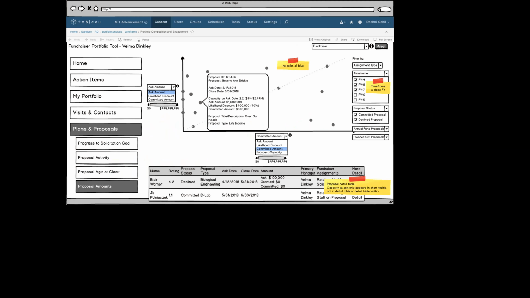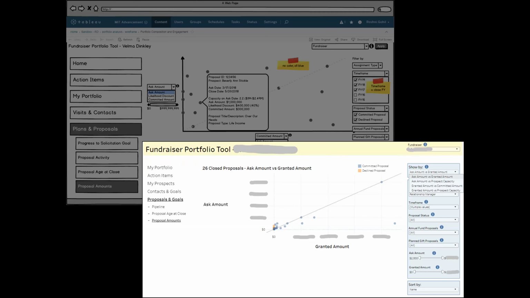We had most of that same set of 9 people review the actual Tableau tab that we tested. And one thing that we missed was the idea of, well, what is this page actually talking about? The idea of adding this header that says 26 closed proposals, that's something we completely missed, and we wouldn't have realized had we not done testing.